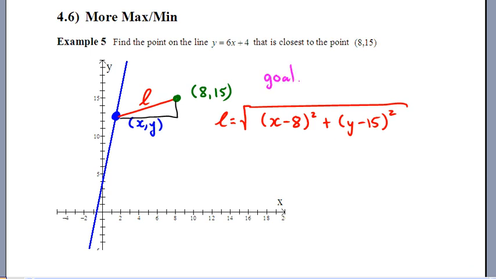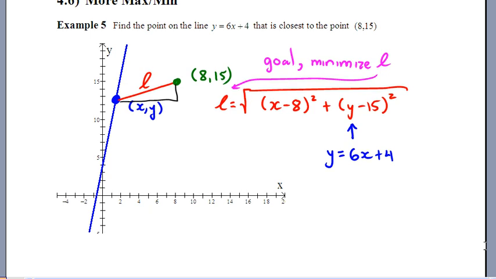So our goal: minimize this L that we have right there. Try to make it as tiny as we can. Well, the third step in the process was to use the constraint in the story. We are constrained to be on that line, so the y value for this point, it's not arbitrary. Once you pick the x, the y value for any point on that line is governed by the equation of that line, 6x plus 4. So we can actually go and replace that letter y with that,